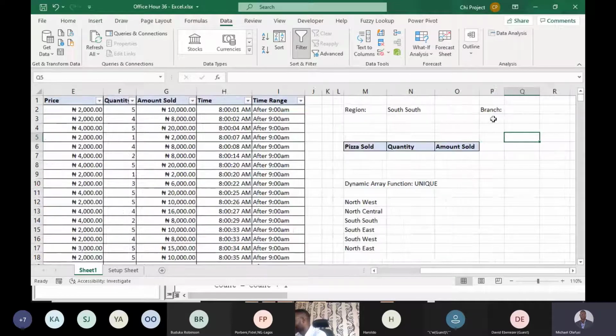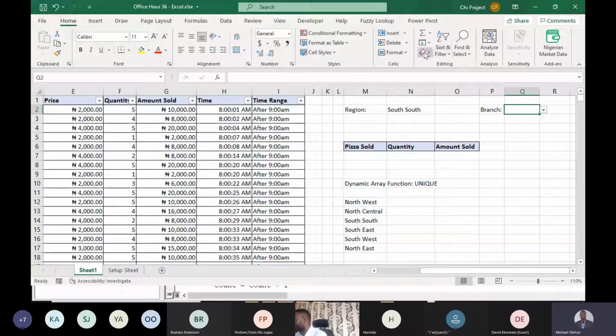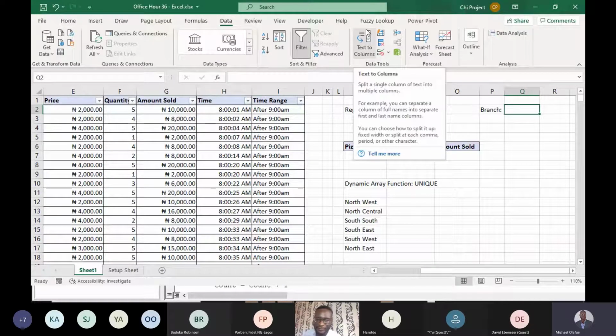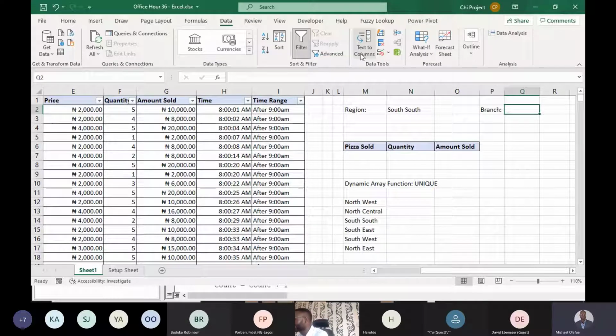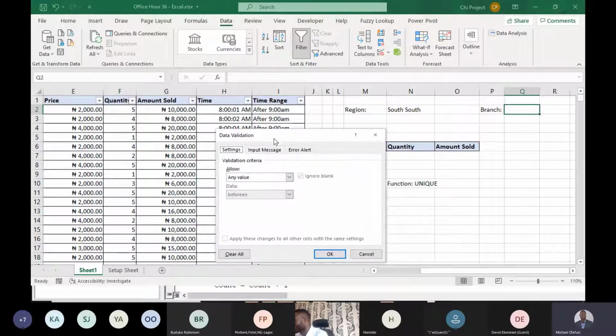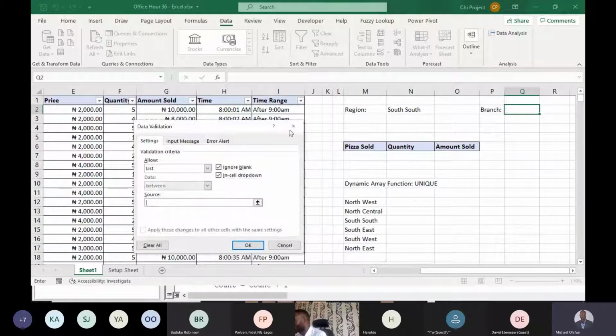So what do? I'm going to go in here and do the data validation all over. So I go to the data menu. This should be visible, I hope. So I go to the data menu, data validation, right? And tell it that I want to do a list. So this is really clear. And then I say,